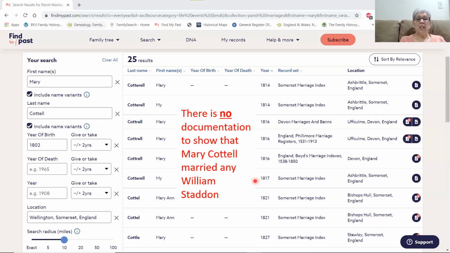Then I plugged in Mary Cottle to see if there was a Mary Cottle that married a William Stadton anywhere close to Wellington, Somerset, because apparently she was from Wellington. And I found absolutely no Mary Cottle marrying any William Stadton. So the case is building, in my opinion, for Mary Percy actually being the mother of those children,